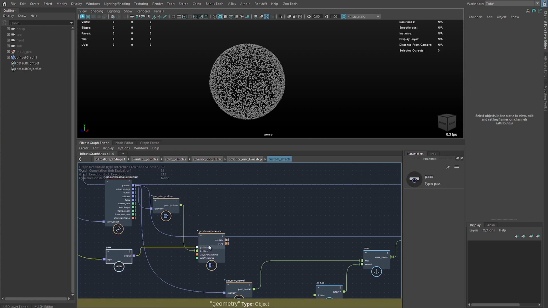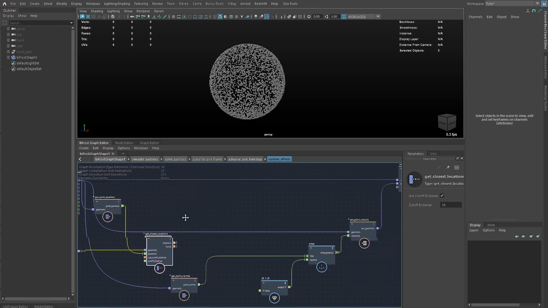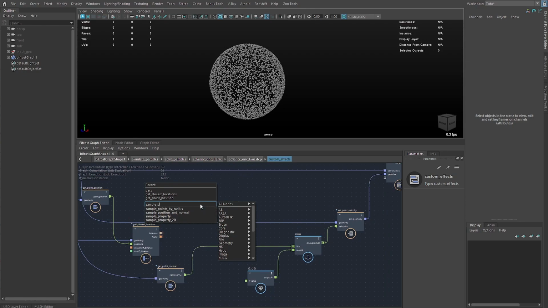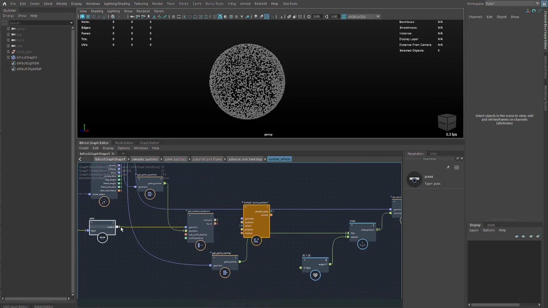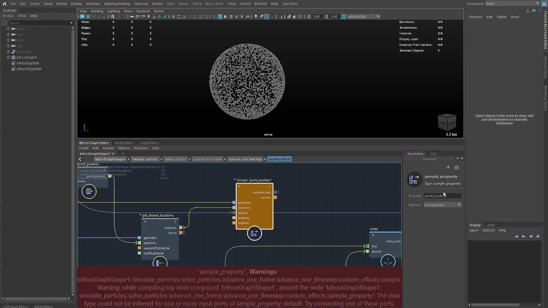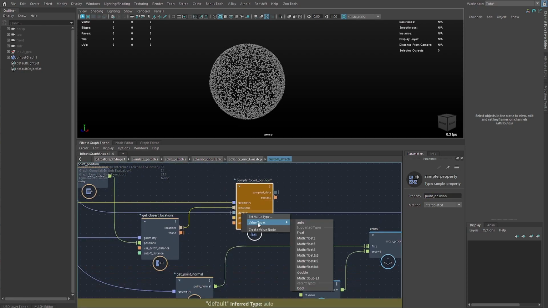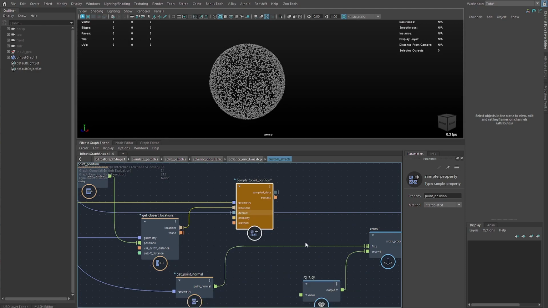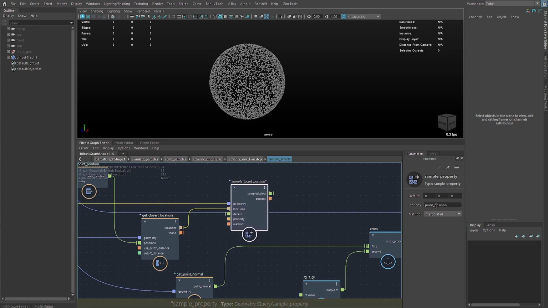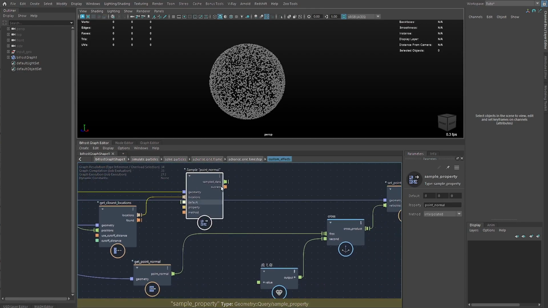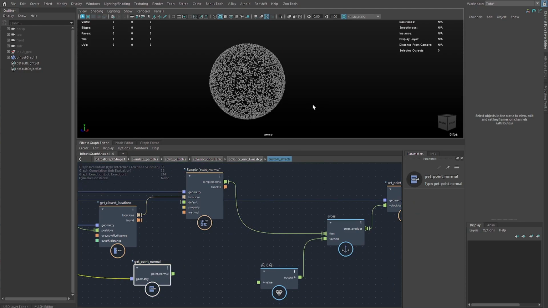And what we need to do when we have this data is sample this. So I'm gonna sample a property, and you already guessed which property we need from the geo, the locations. It doesn't know which property we want, even though by default it's point position. You need to tell the default that it's going to be a vector. It can be any property, by the way. It doesn't have to be point position, and right now we don't need the point position, we need the point normal. So we're getting the sample point normal, and if I now connect this straight here and press play,